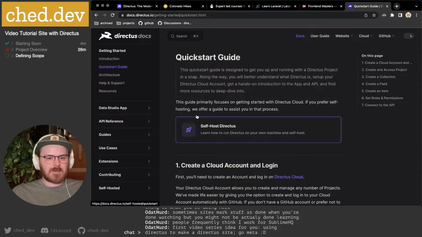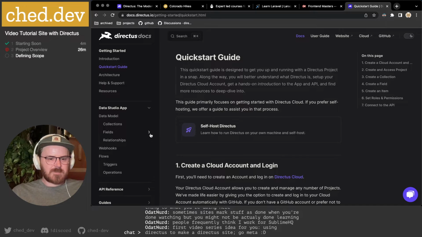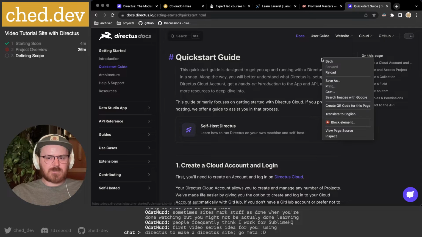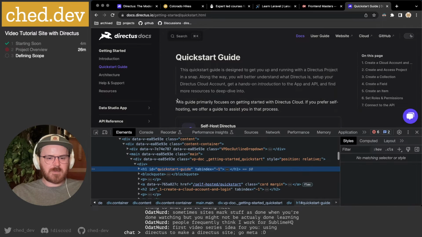They had that weird loading thing there, but it's just a simple docs site here, content on the left, you got some sections to go dig deeper, you can have multiple levels. What I really like is this table of content on this page on the right, because this also shows up in mobile. So when I'm in mobile here,